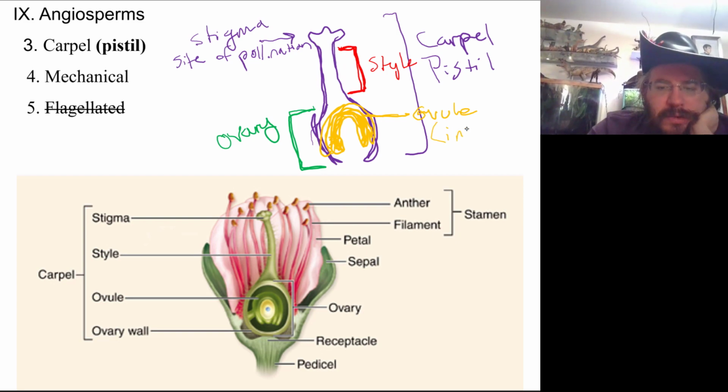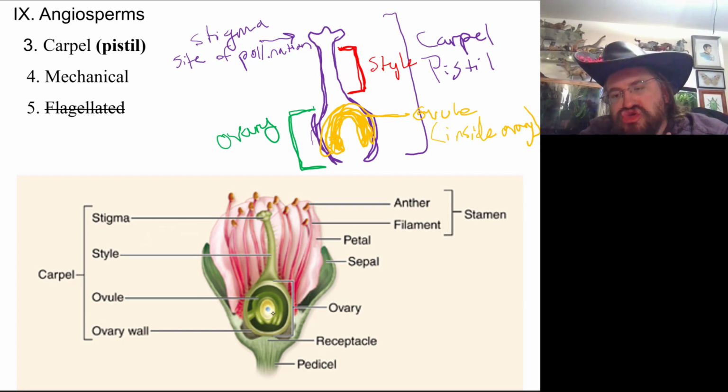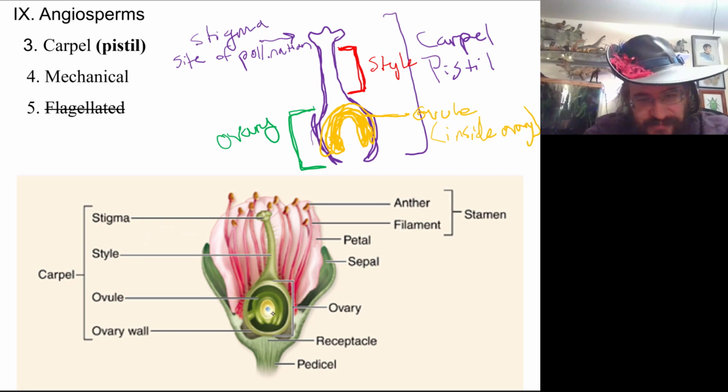Inside the ovary. Right? With the sporangium that has the sporocytes that produce the spores that produce the gametophyte that produces the egg. Okay. So,